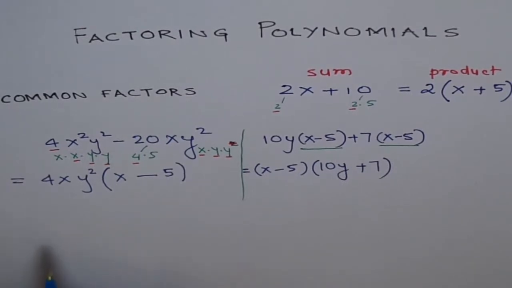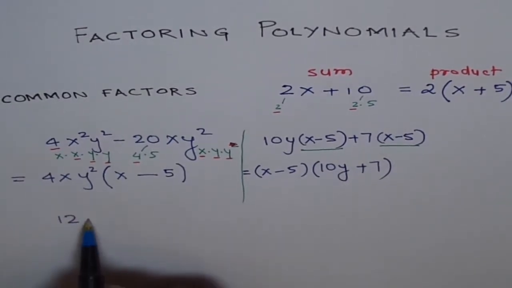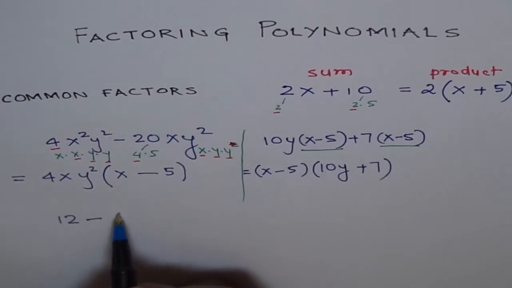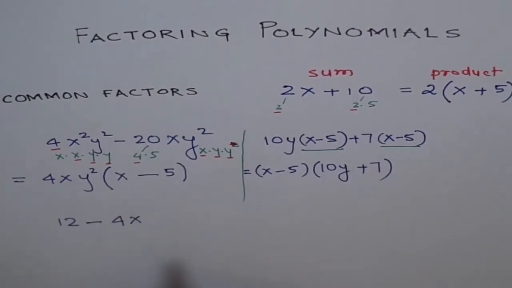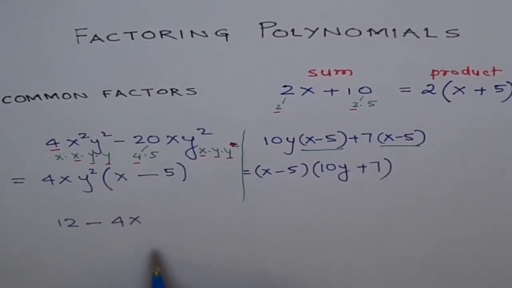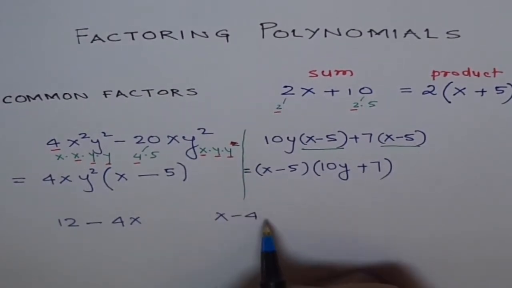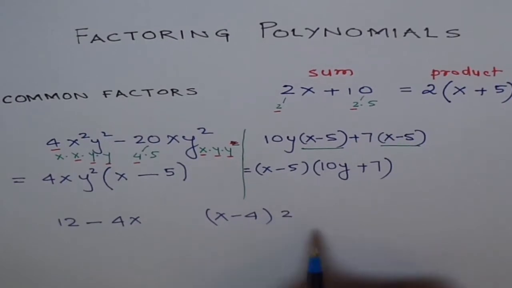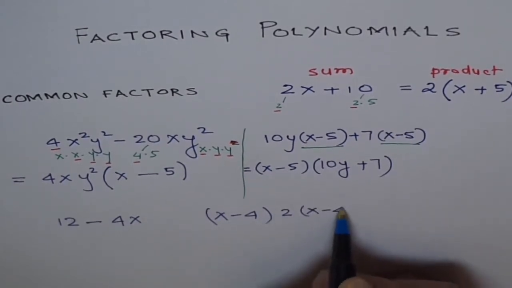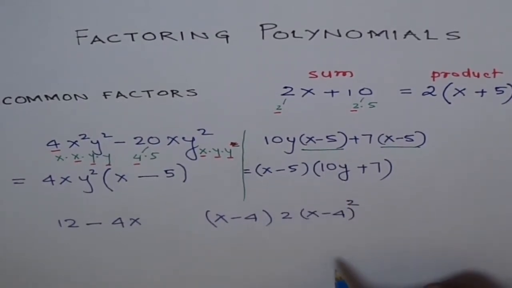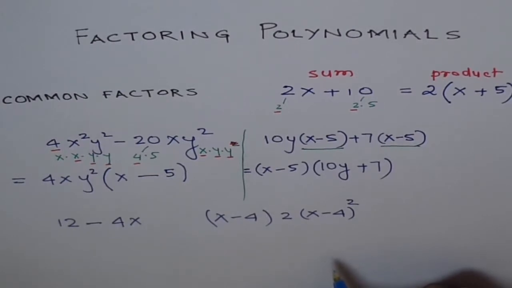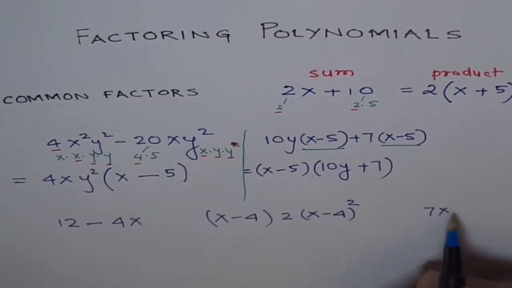For example, try these problems. 12 minus 4x. I've just reversed it, okay? And you can try this. x minus 4 times 2 times x minus 4 square. And let me write another problem for you. 7x square